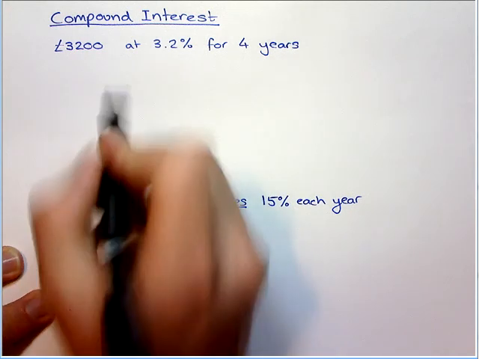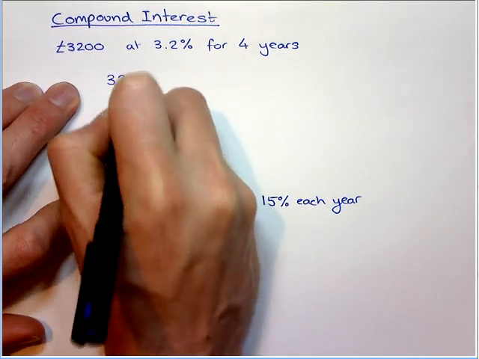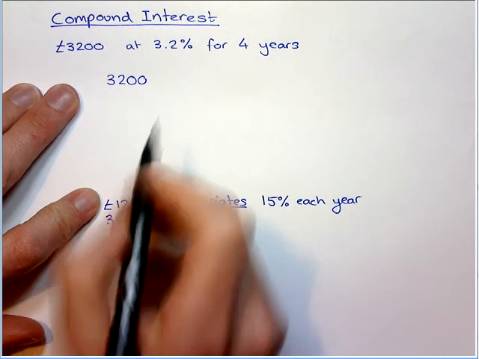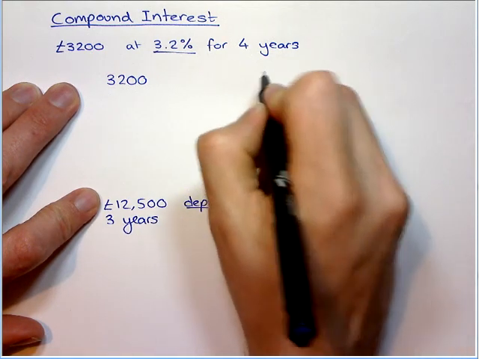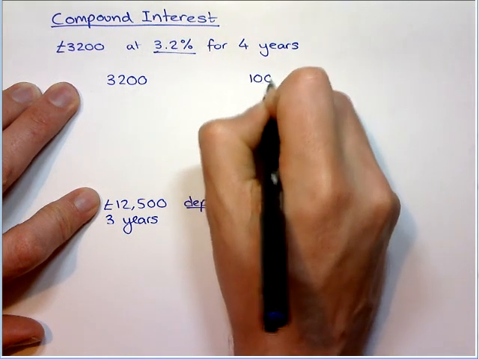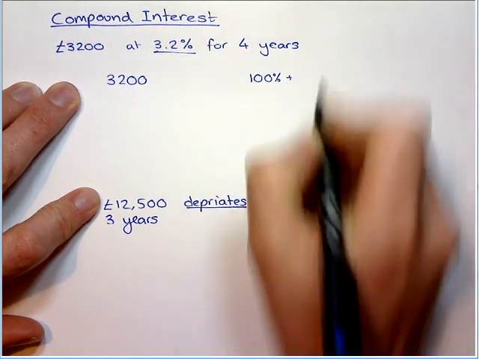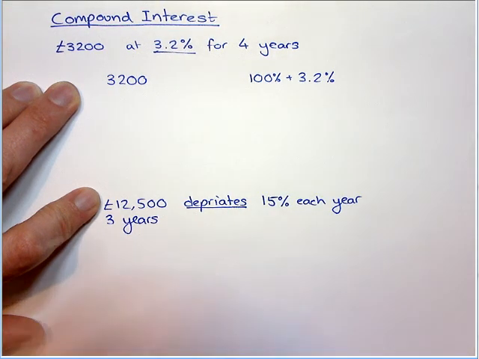Now the simplest way of doing this is using a calculator, and we're going to write our amount we have, and we're going to use what we call percentage multipliers to deal with this bit. So this is all of our money at the moment. If we add on this 3.2%, that's the extra the bank are going to give me. That therefore makes